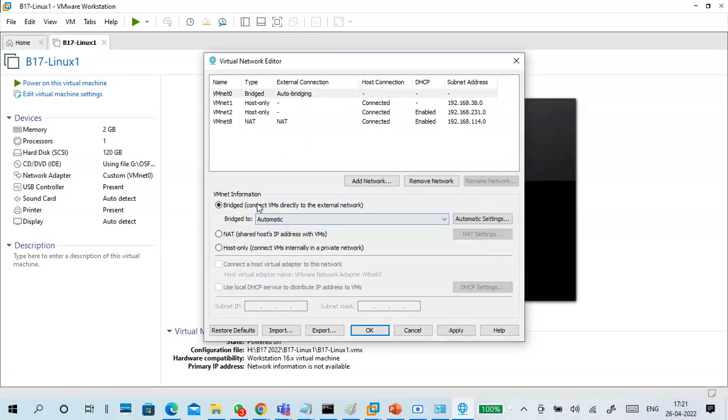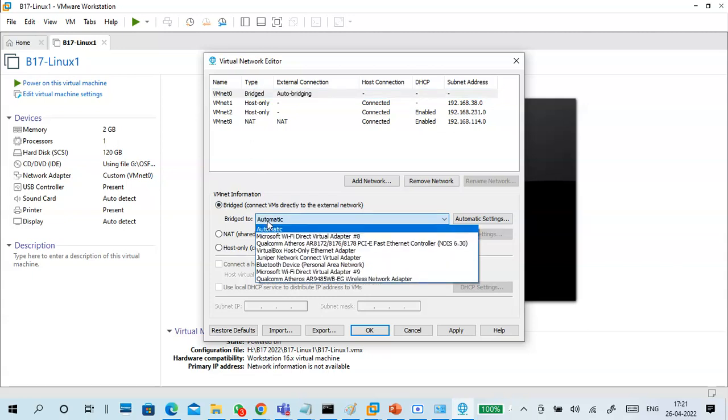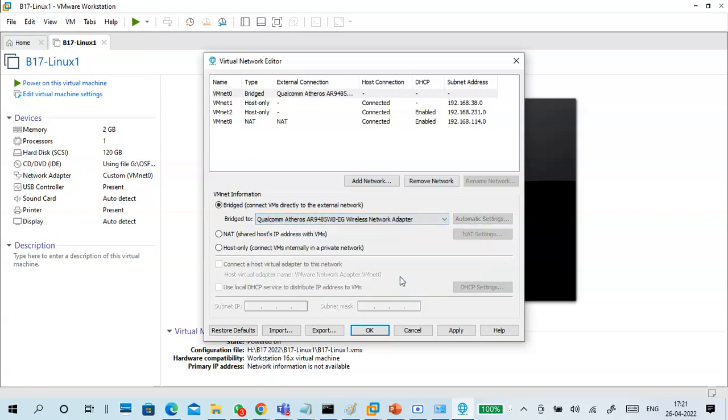If it is automatic, look here, VMnet0 bridged, and go to automatic. Click on your adapter, Qualcomm Ethos wireless network adapter. Select this one, VMnet0 bridged to external connection.